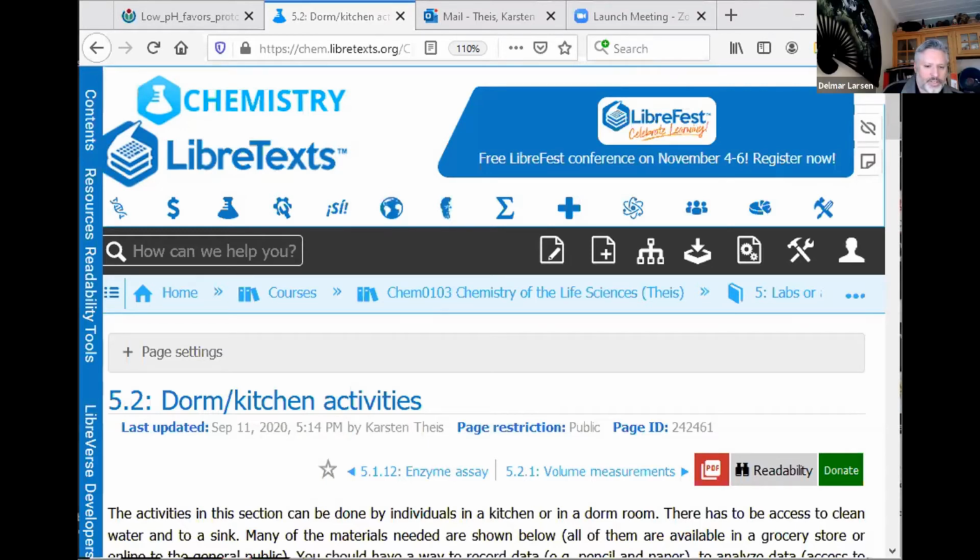How are the kitchen labs coming along? I want to implement this for next quarter's general chemistry class. And this seemed to be the only real way of making a quote unquote lab that doesn't involve nasty chemicals that are shipped out to people. So I thought they might be a little bit too boring, but